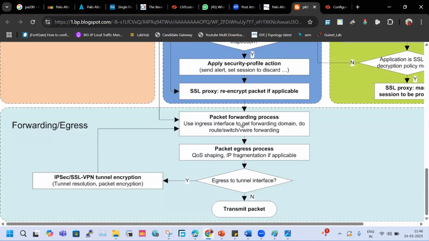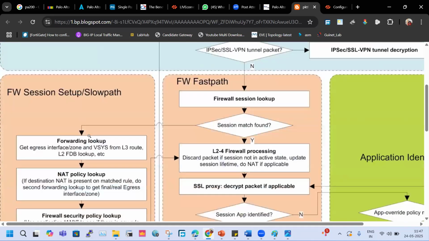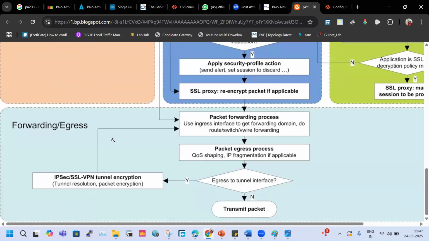Is this the reverse process of ingress, sir? No, we cannot say this. Egress means when your traffic goes out from the firewall after doing all the inspection. Whenever your traffic is received by the firewall, that is your ingress stage. When your traffic goes through all the inspection, that is the stage in the middle, between your ingress and egress. And egress is the part where the traffic goes out of the firewall.